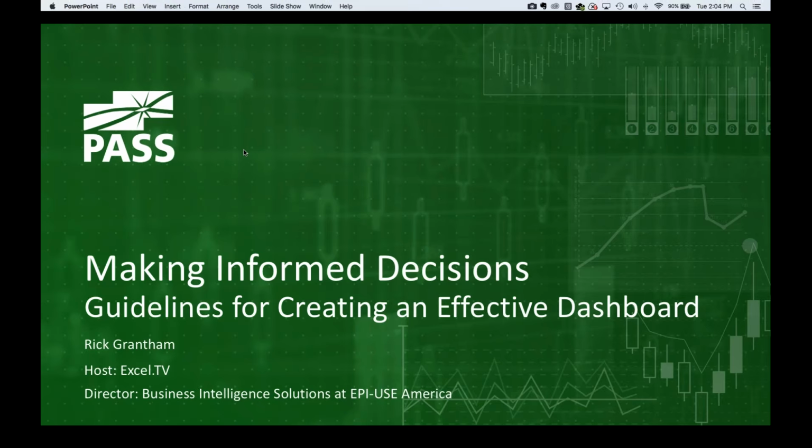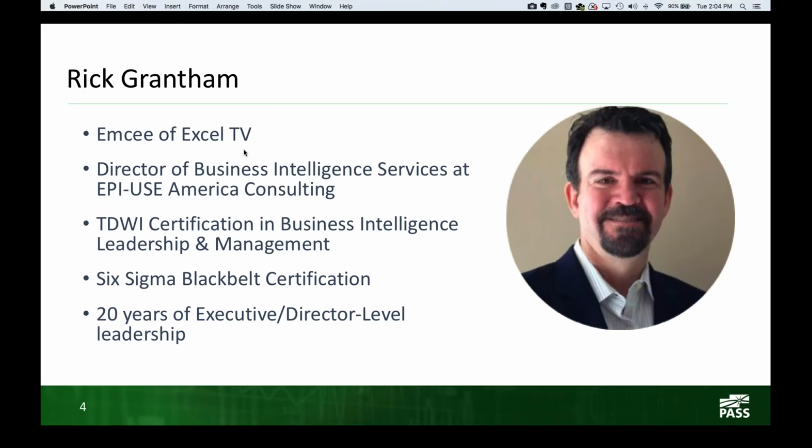So first off, before we get too deep into this, I want to back up just a little bit and talk about this slide a bit. You might say 20 years experience in BI. Rick, has BI really been around that long? I mean, Excel's only been around a little bit longer than that, maybe 30 years or so. And so I was around in the early days of Cognos reports, the early days, Crystal reports and Cognos Impromptu. And the reason I bring all of that up is I was doing this before there were books written on it. And I've done it just about every way wrong that you can possibly do it without getting fired.